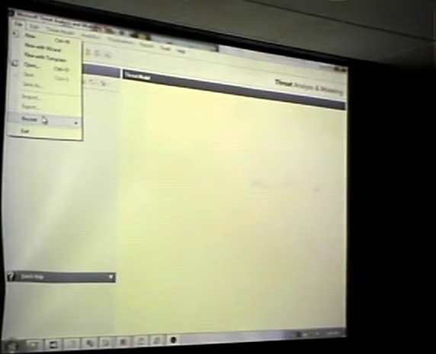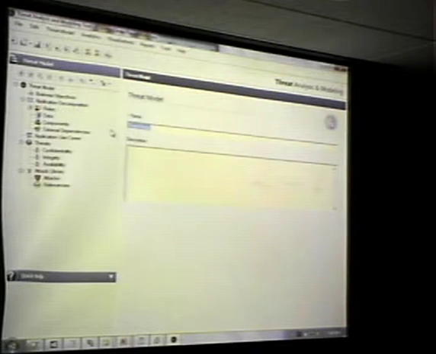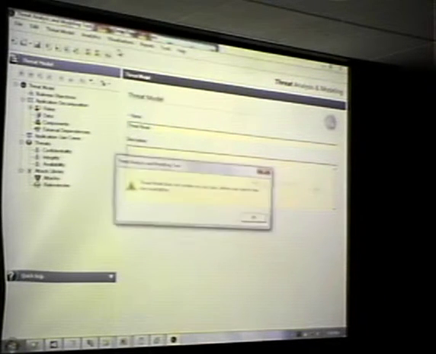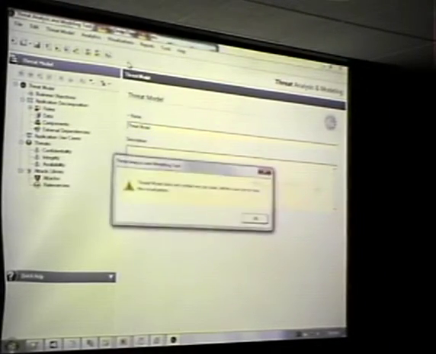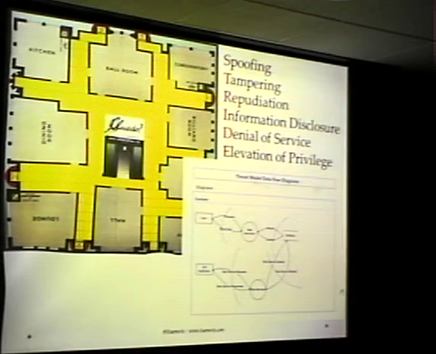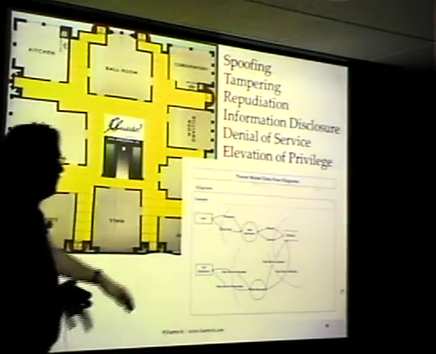Well, all right. I can't find the right one, I might not have it installed on here, but you'll see